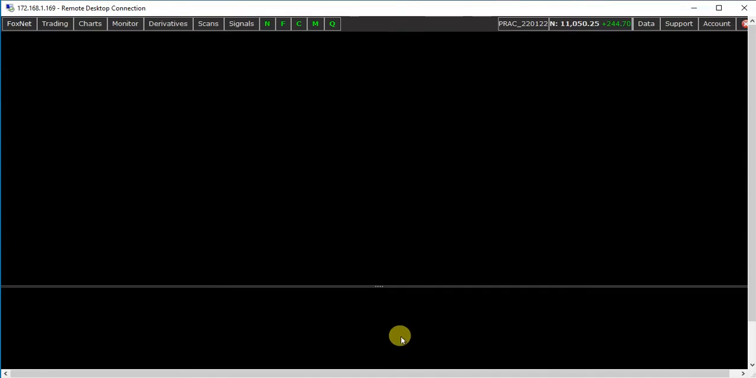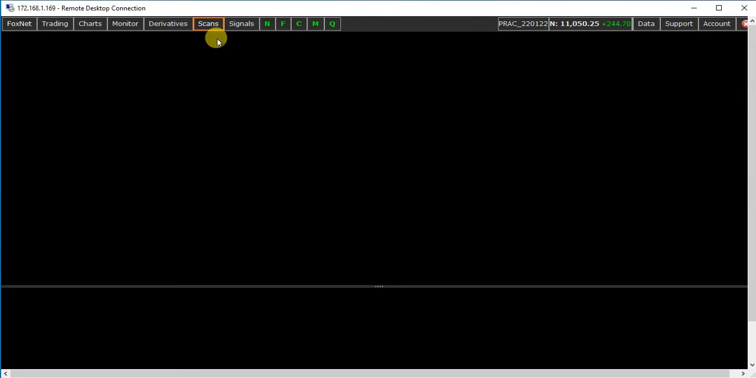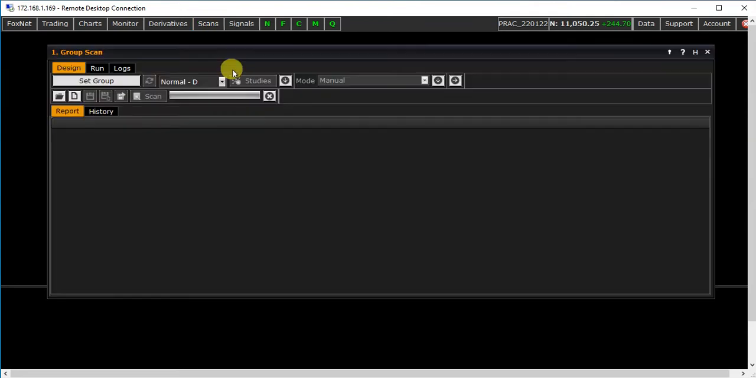Hi, now I will tell you how you can create the ranking scanner, means scanners for ranking system. For that purpose, just move to the scans menu and then select group scan. All the scanners will be created using group scan. Now select set group,